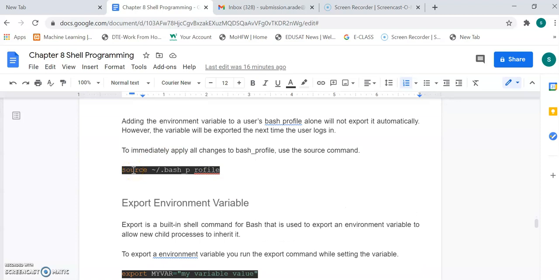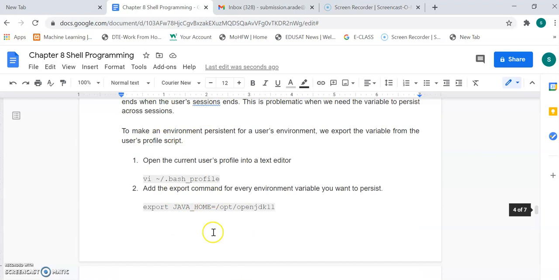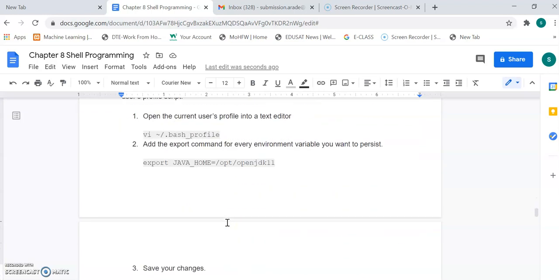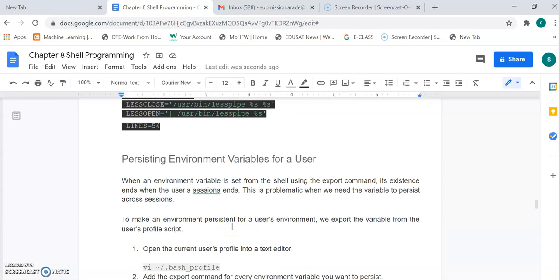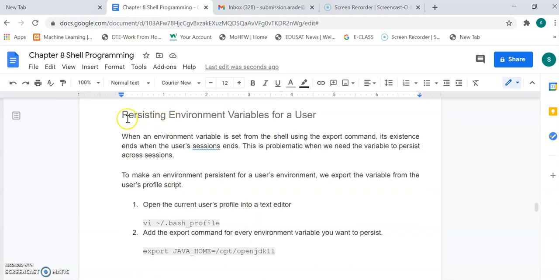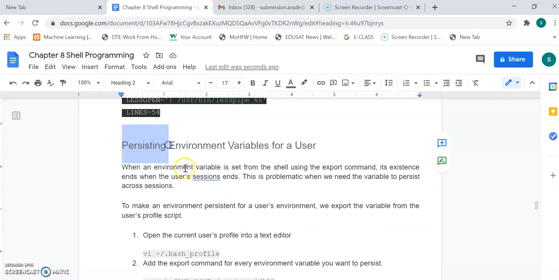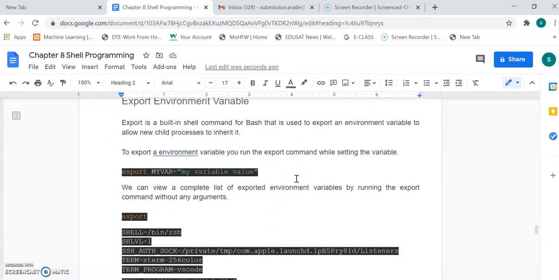After that, on the command prompt, write source ~/.bash_profile. There is no space, so again I am reading this command: source ~/.bash_profile. Press enter. Now these changes will be saved. So even if I close the shell and next time I open it, I can directly run a Java program. No need to set it every time from the shell. In this way you can set an environment variable persistently, with a permanent effect on your Linux system.